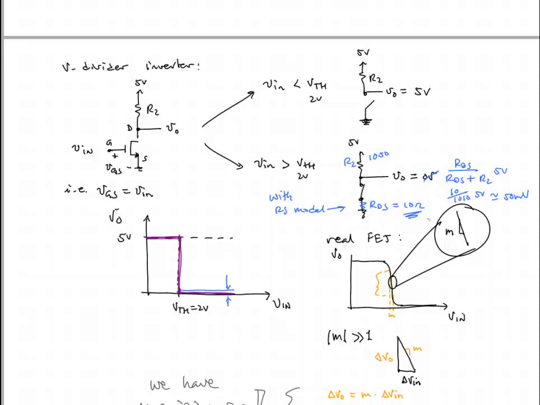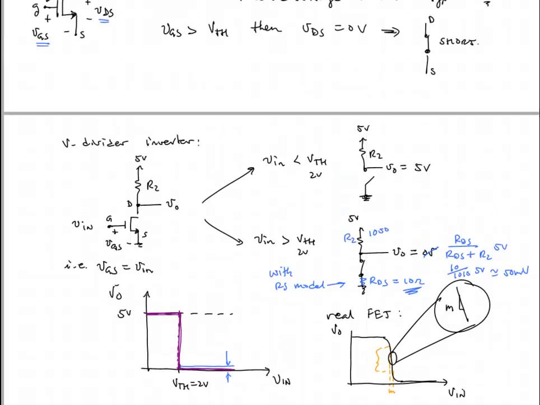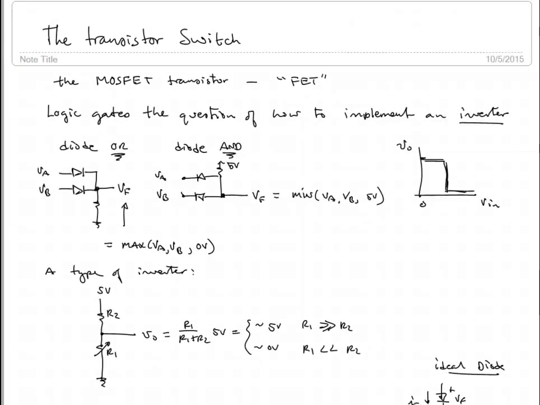So you end up deciding on a static discipline that accommodates the range of values that you might encounter with the devices that actually make up your logic gate, and that way, even over all the environmental changes and over the manufacturing variability, you'll still get a logic inverter that can always meet the static discipline. Okay, so in recap, just real quickly, what we've done is we've introduced a new device, the